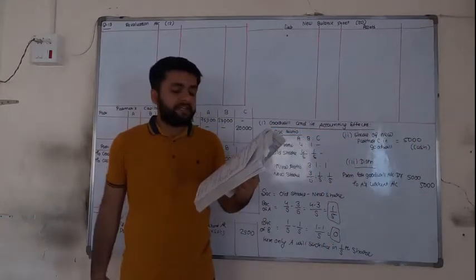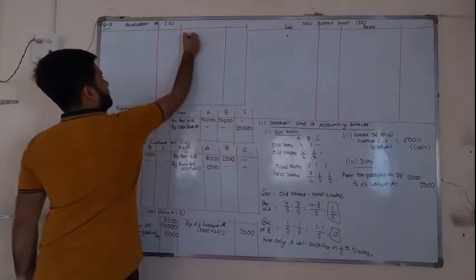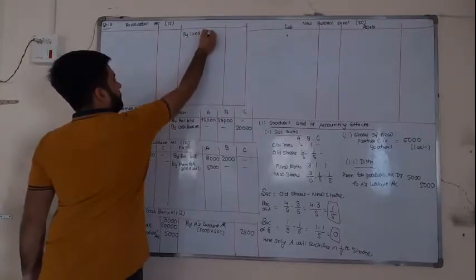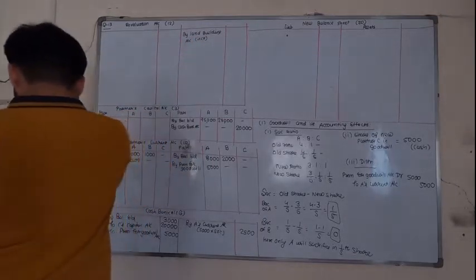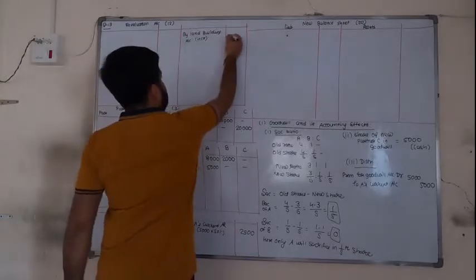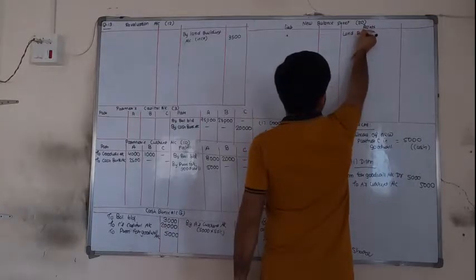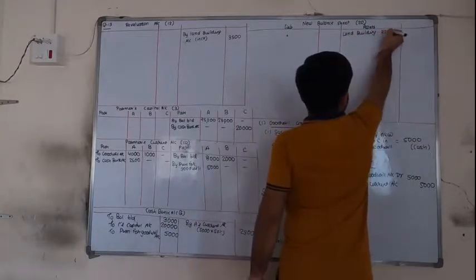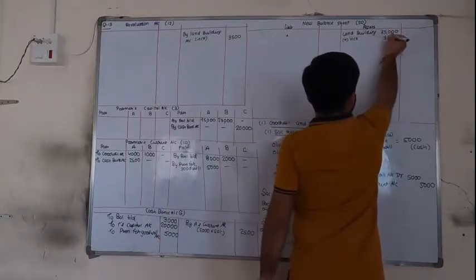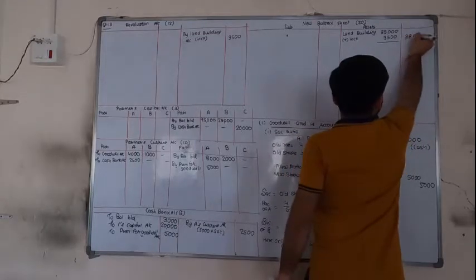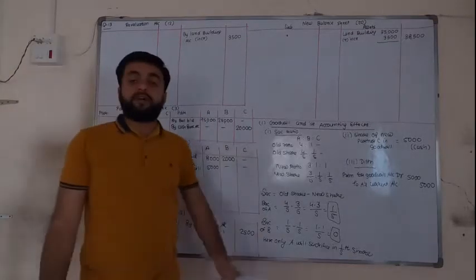Value of land and building is increased by 10% and the asset is increasing, so it is profit, which means revaluation credit by land building account, in bracket increase by how much? 10%. So 10% will be 3,500. Okay, on the asset side, land building in the inner column 35,000 plus increase 3,500. So in the outer column 38,500.